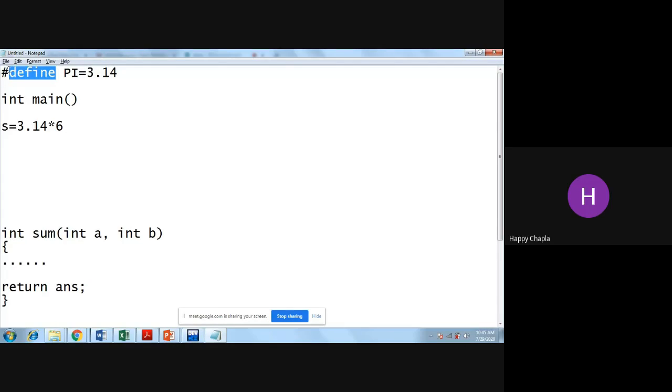And if I write hash include with my header file, then this is also one type of pre-processing task. Your header file content is ready while you are compiling the code, because this is the work of your preprocessor. The preprocessor will be ready with your header files. Okay, now,